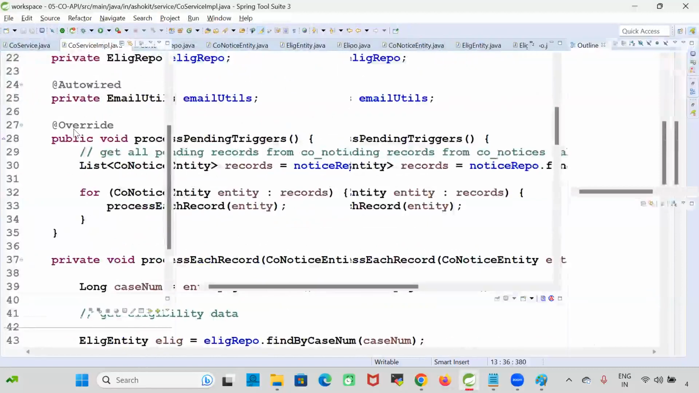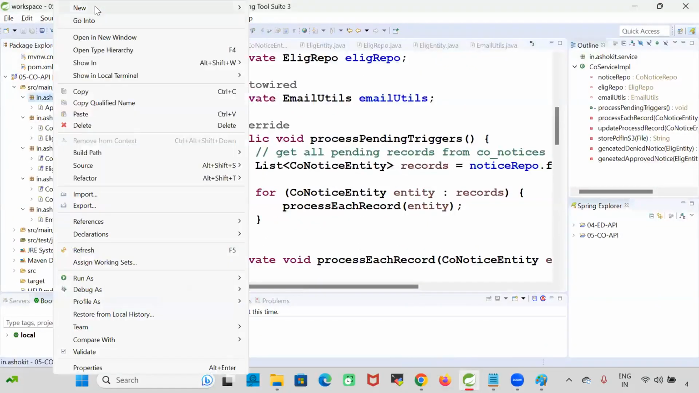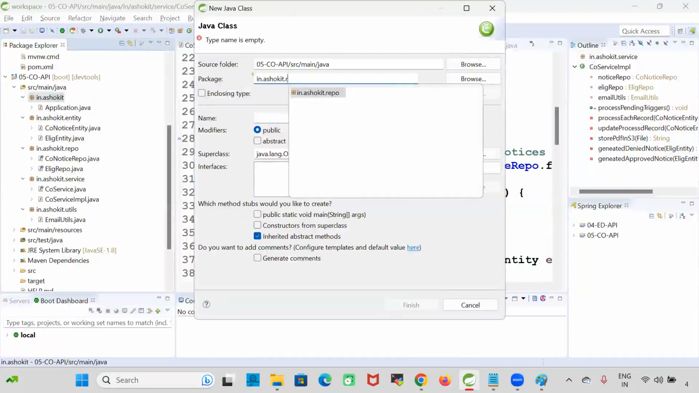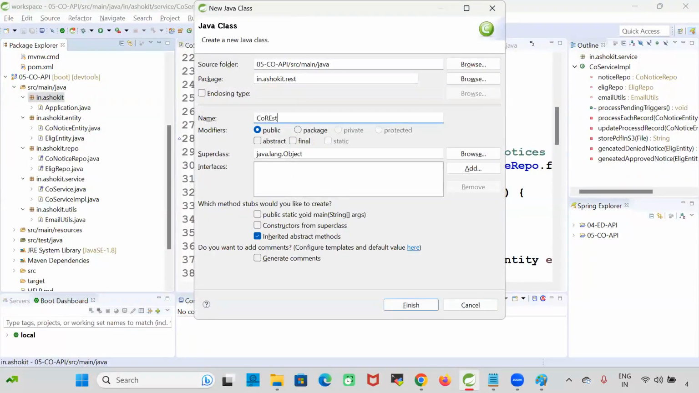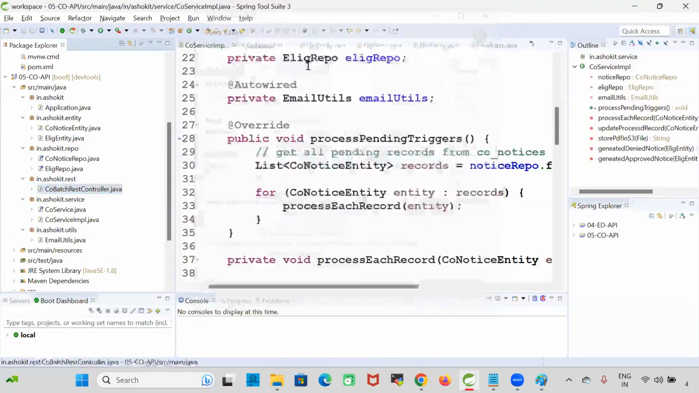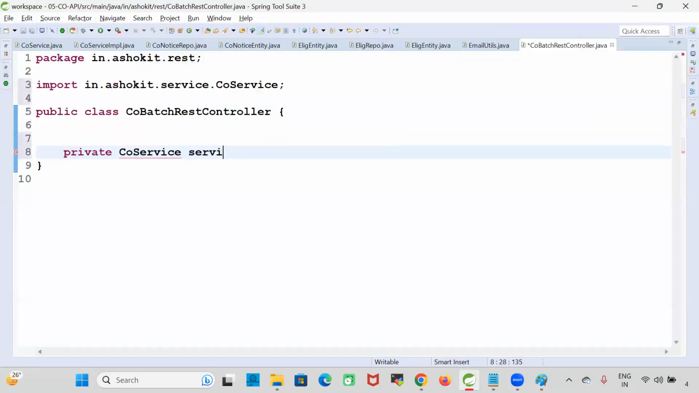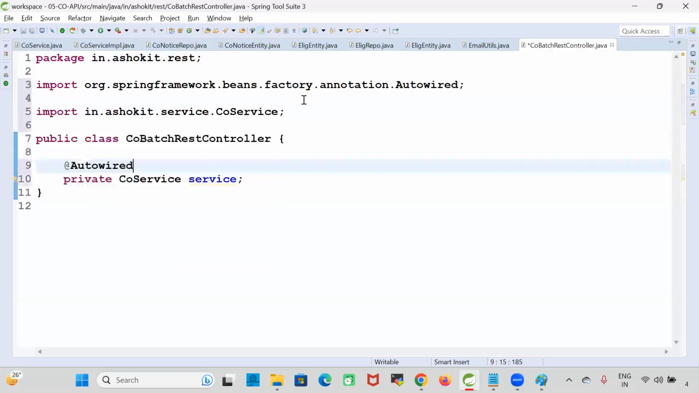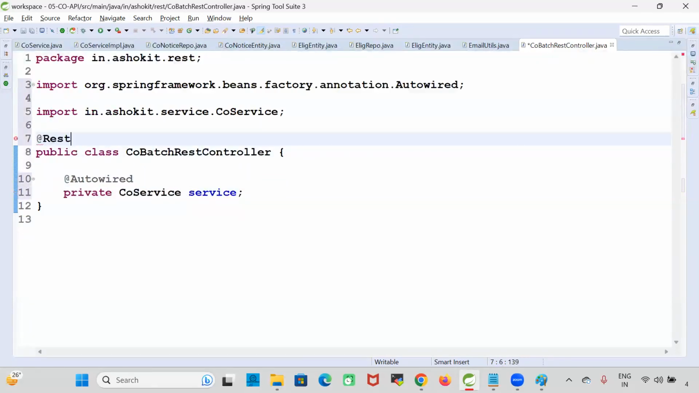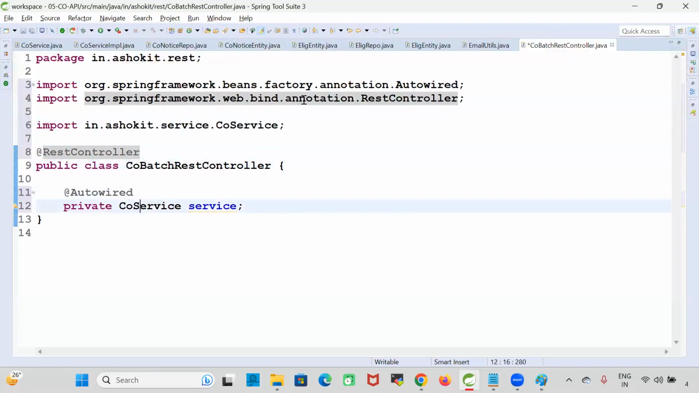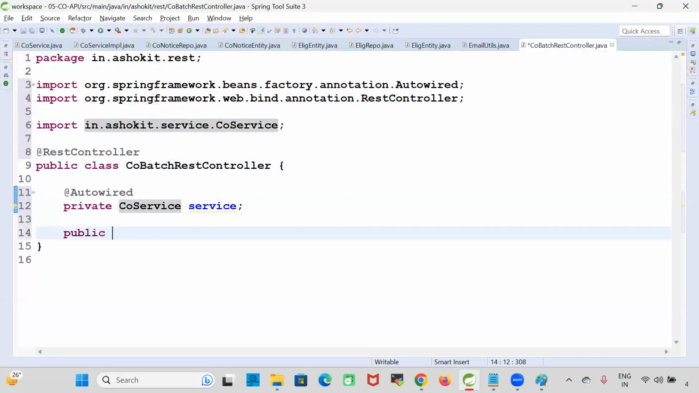Now, here we will have one simple REST controller, the CO batch REST controller. In this REST controller, we are going to inject our service: private CO service, with @Autowired. Next, with @RestController, write one method, public